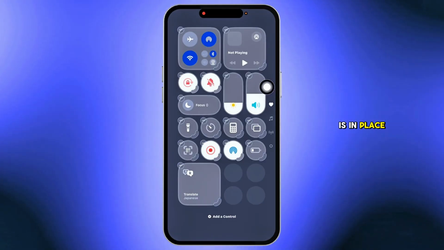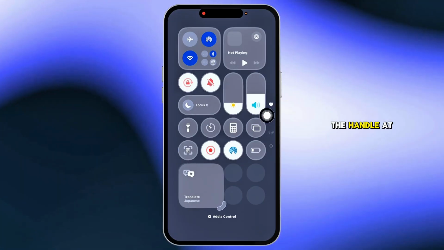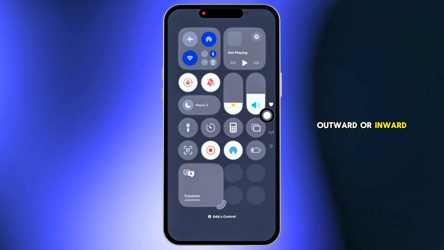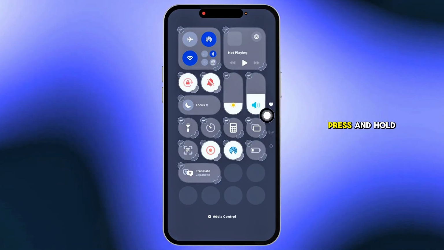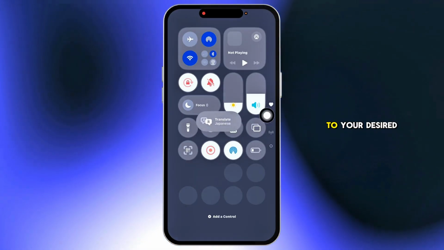Once a control is in place, you can resize it by dragging the handle at its bottom right corner outward or inward. To rearrange controls, press and hold the icon you wish to move and drag it to your desired